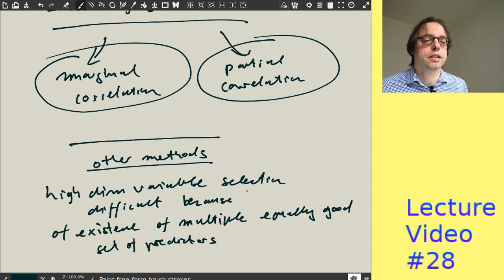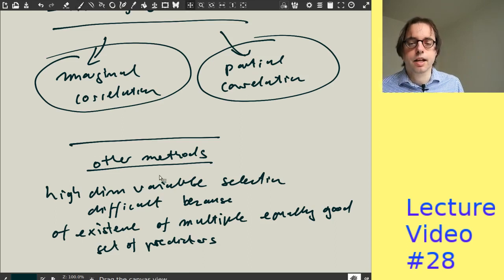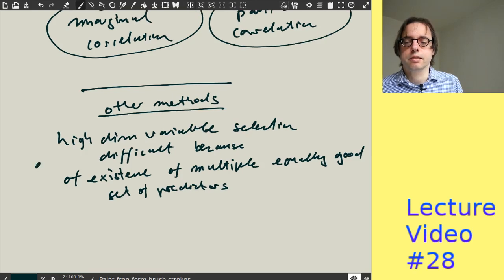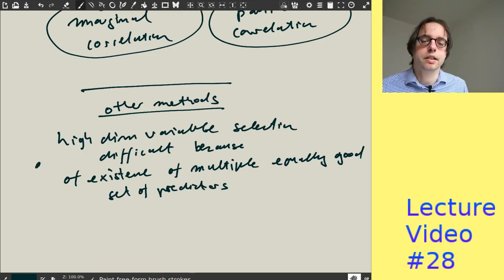If you just want to predict, then you are in a less demanding position, because you can basically work with any set of predictors that produce a reasonable result. So that's one thing. We have high dimensional variable selection, and we have these multiple sets of equal predictors,